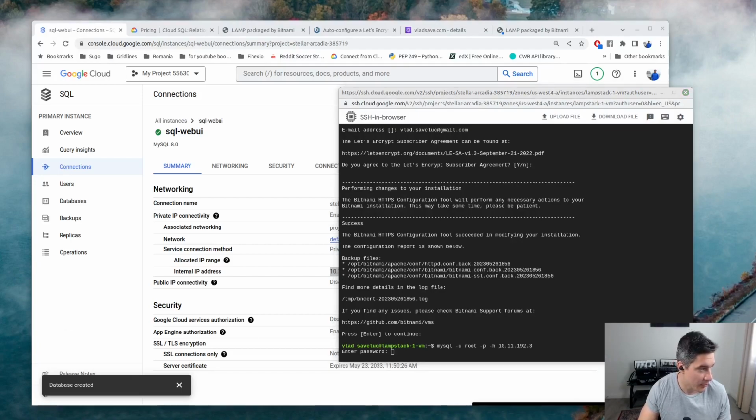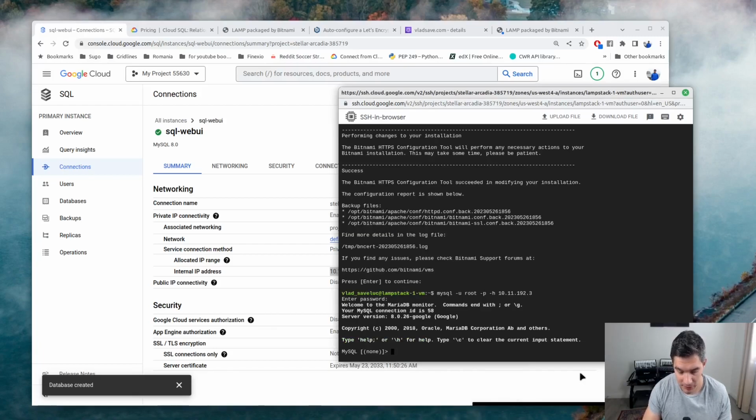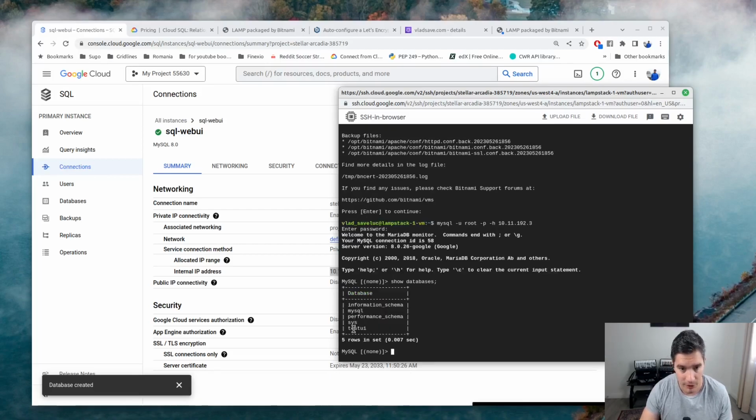Now we need to enter the password that we set when we created the database, the one that we saved in a different file. So now we can see we are successfully connected. And if we do show databases, we can see the database we just created,